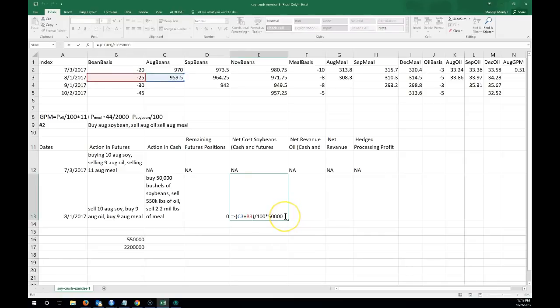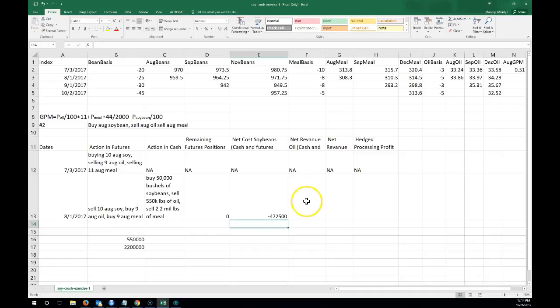And then we have something from our futures trade, our futures hedge. It's going to be plus. Our selling price was the $9.59. Our buying price was the $9.70. So that's our gain in cents. We need to divide that by 100 and then multiply by 50,000, because our futures position represented 50,000 bushels exactly. So minus